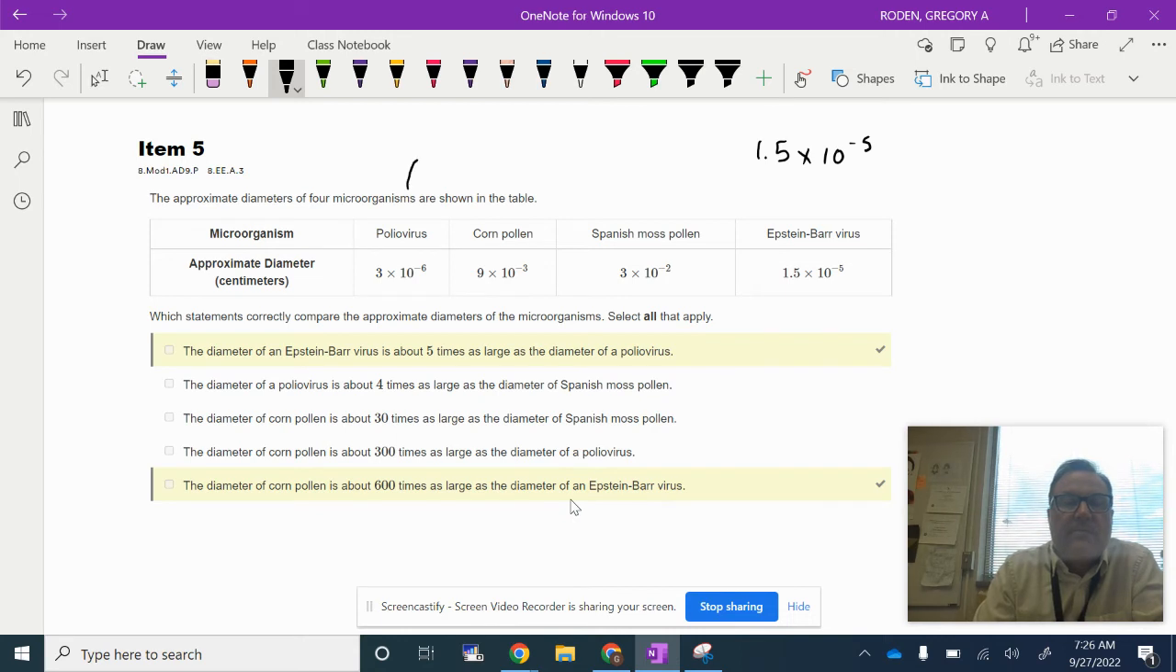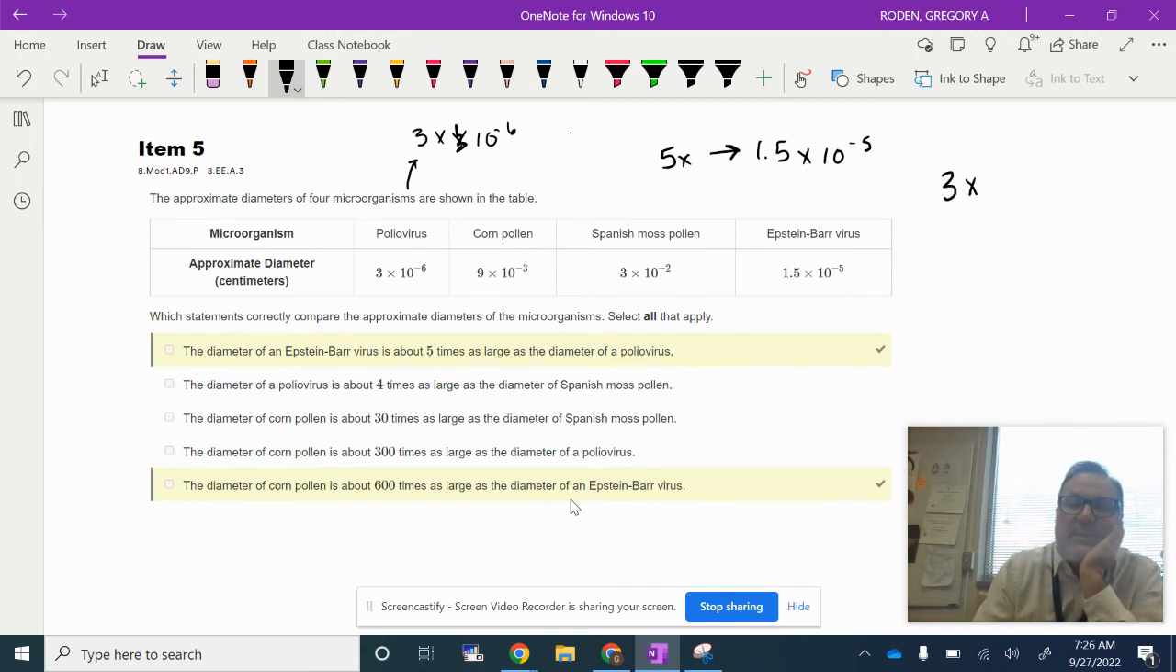Coronavirus. Okay, this one is 3 times 10 to the negative 6th power. Okay, so why is that? Why is this one 5 times greater? Well, we can just do a little thing. So we could say, okay,